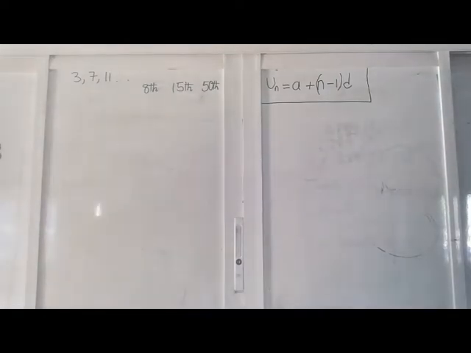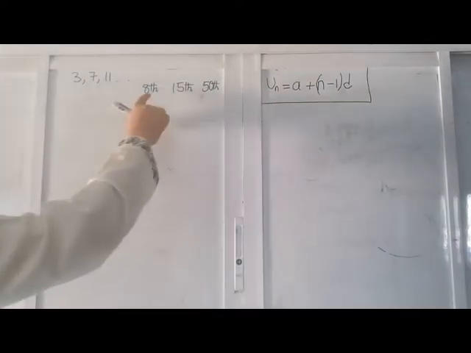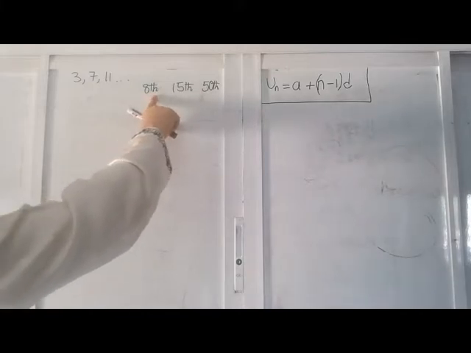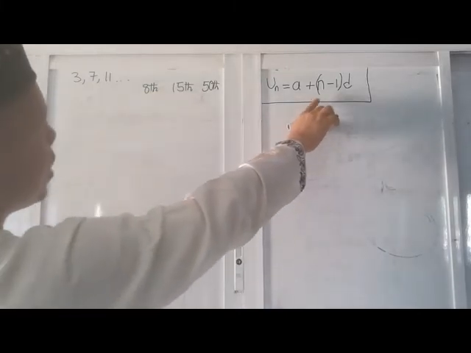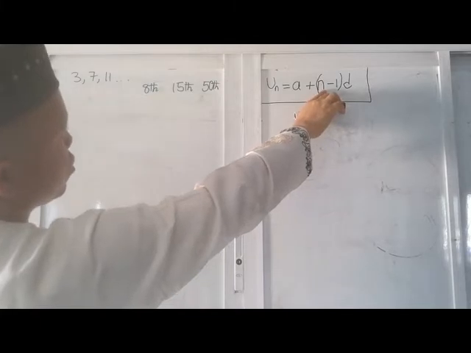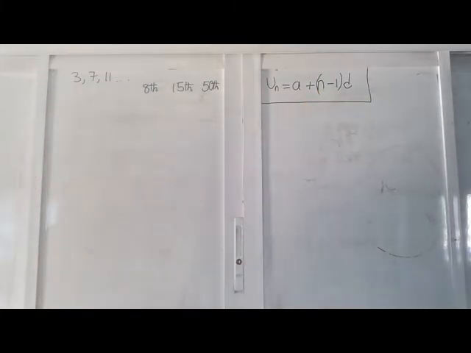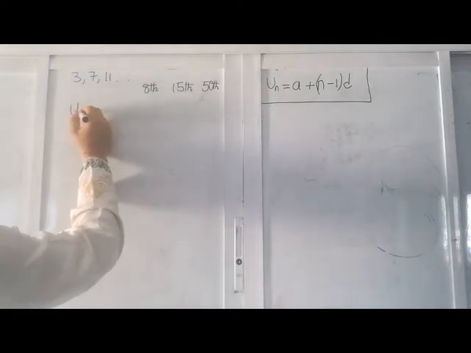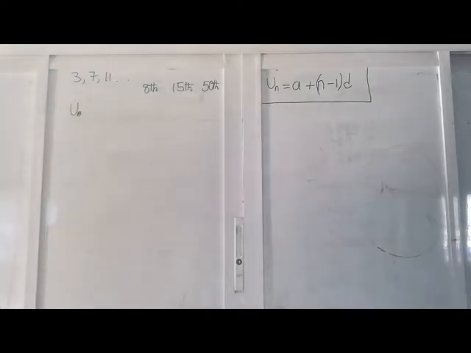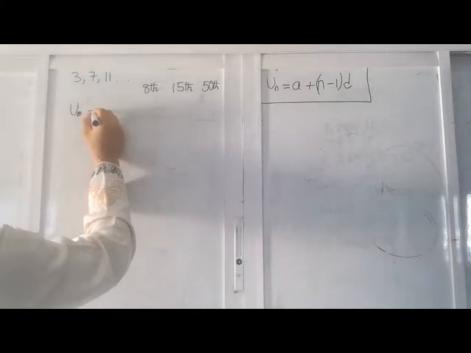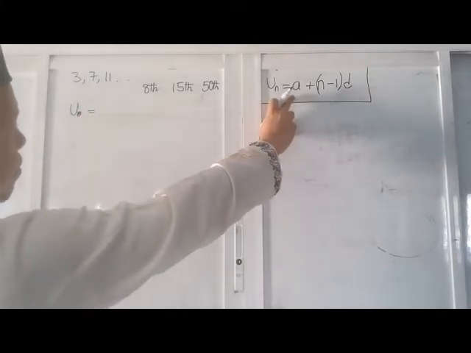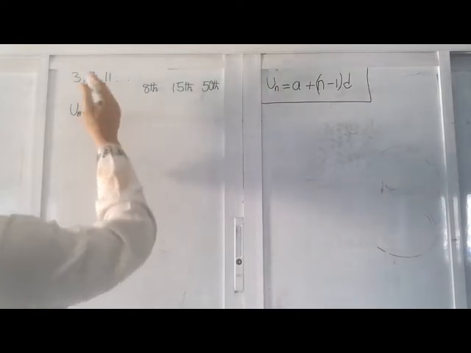So let's start with the first one. We are looking for the 8th term. Since the specific term is mentioned, it means that in this formula, we use n as 8 because we are looking for the 8th term. Now, we don't know what that 8th term will be. We have our equality sign. The A represents the first term. And in this case, the first term is 3